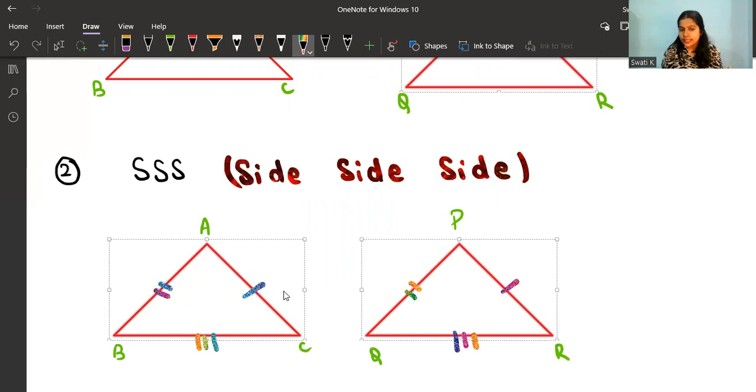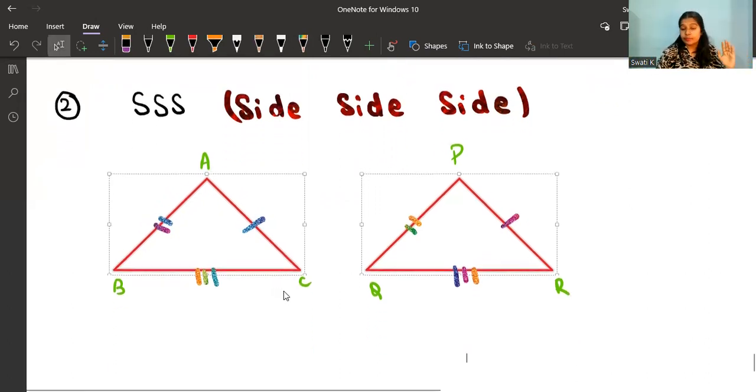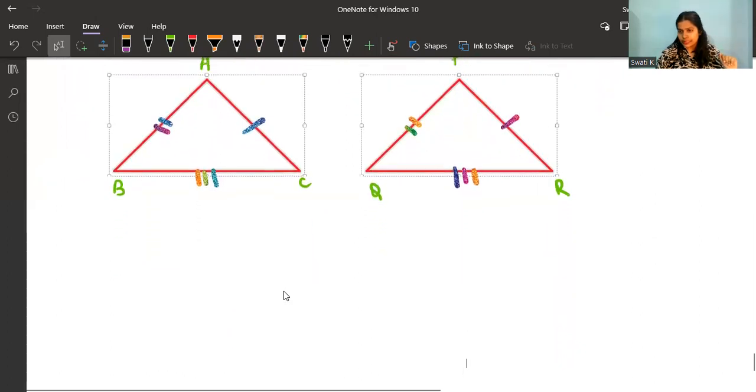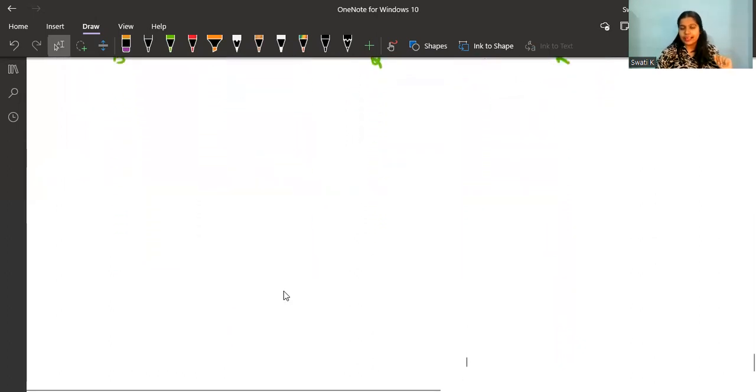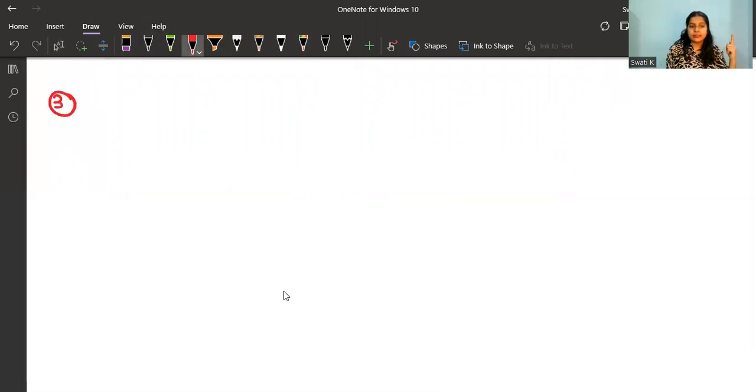If we have this condition that all the sides are equal to their corresponding sides, then we can say that two triangles are congruent using SSS congruency. All right, so we are done with two congruencies till now, SAS and SSS. Let's consider our third, which is